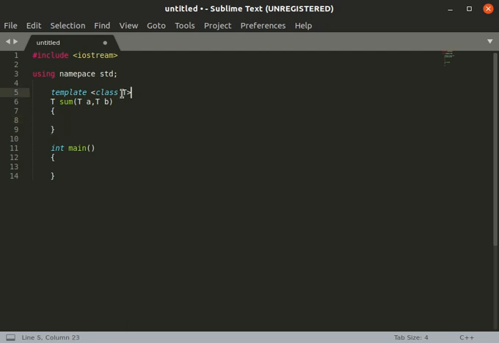This template function is a very powerful tool in C++ which we can use to give any kind of data type to a function. If we don't use this, then we have to write some function for float, some function for integer, and some function for double separately. So this template will ease our task.